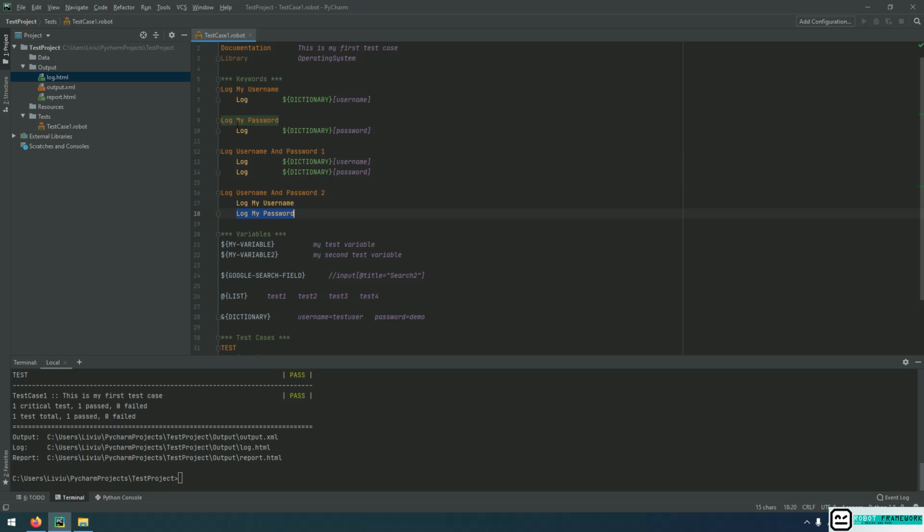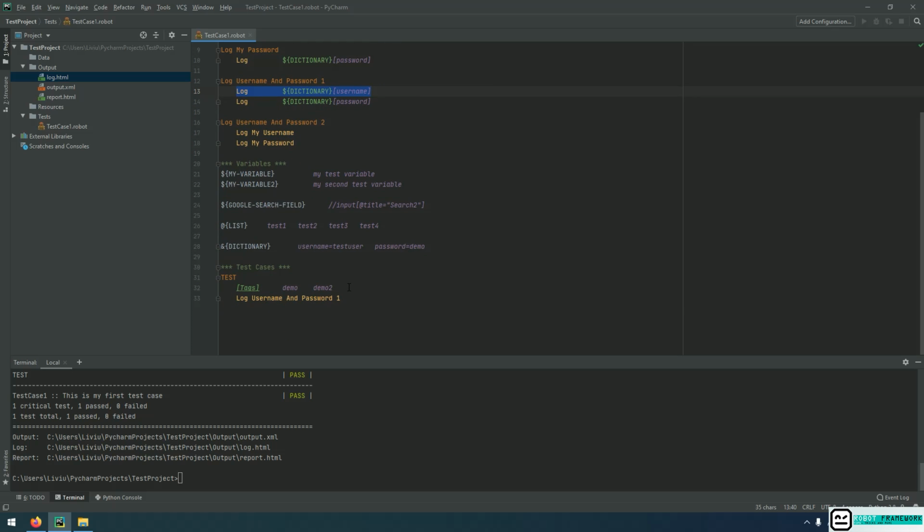If I already declared a user-defined keyword for a certain action, when I create a new keyword and I want to include that, it is a very good method to simply call out the keyword that has the action we want underneath, than to retype the same information once again. So now if I go to my test case and I want to execute username and password 2,